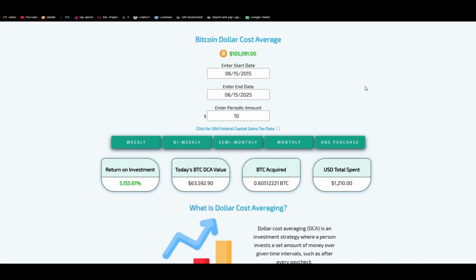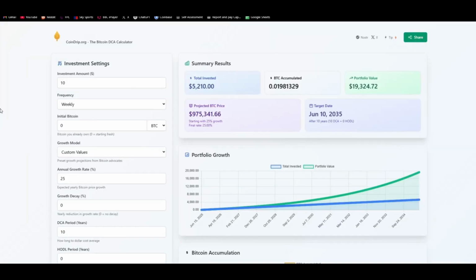Now in this analysis, we've used Bitcoin's historical returns year on year. But what happens if that changes going forwards? There's a really great tool to allow us to project forward using different growth models. Episode 2 of the Bitcoin briefing explored these compound annual growth models in depth. So please go and watch that, and like and subscribe if you enjoy watching the content. But let's look at a tool called coindrip.org. This is what it looks like. Again, you get the usual inputs of investment amount, DCA frequency, and how much initial Bitcoin you may have at the start of your DCA model, and it allows you to change the growth model of Bitcoin going forward. So let's do that now.